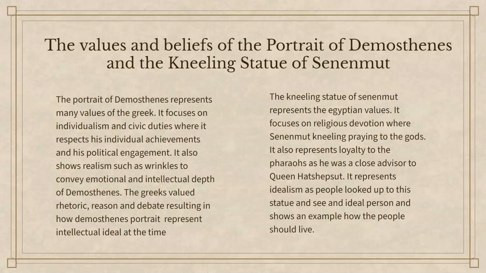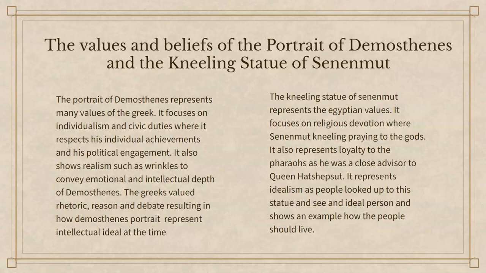Senmut's statue often depicts him holding objects such as a shrine or inscription of deities, reflecting the religious and hierarchical order of ancient Egypt. Senmut was a close advisor to Queen Hatshepsut, and his statue reflects the Egyptians' belief in service to the ruler. His position of kneeling signifies his loyalty and servitude to Hatshepsut, and the broader idea of divine kingship that permeated